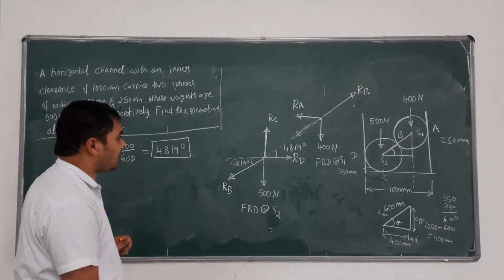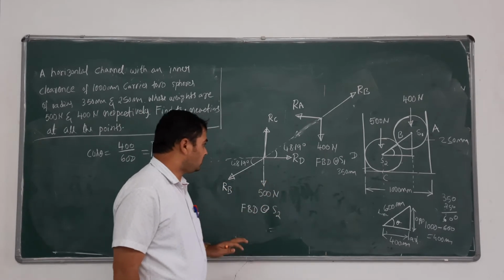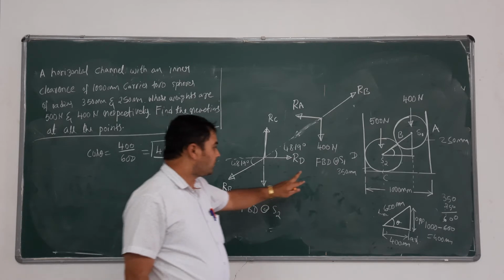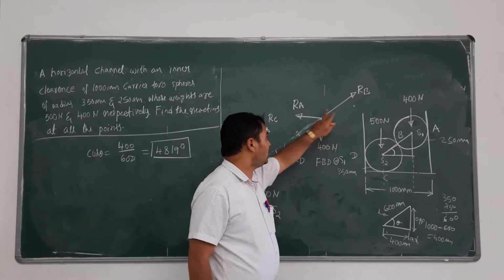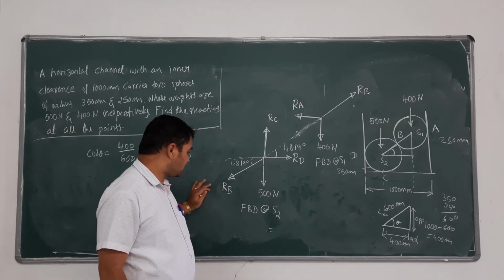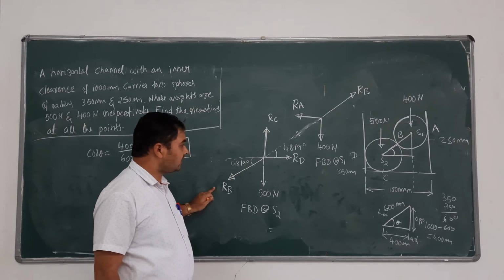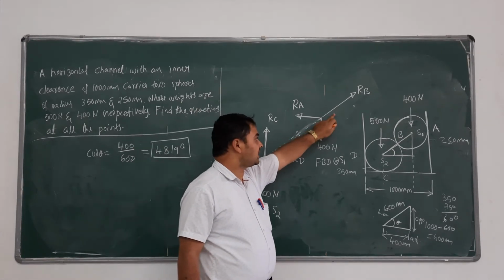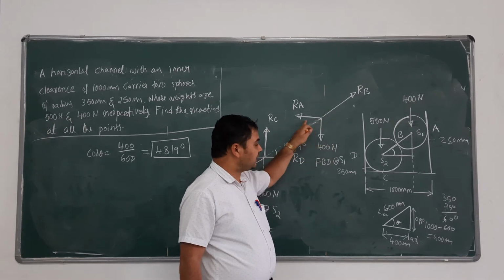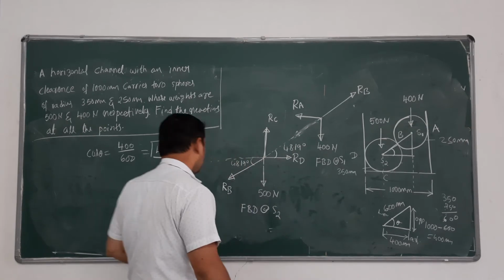Now, let us calculate the reactions. We have written the free body diagram. Before starting the analysis, check the number of unknowns. For sphere S1 there are two unknowns, whereas in sphere S2 there are three unknowns: 1, 2, 3. Therefore, start your analysis with the minimum number of unknowns, that is from sphere S1. In sphere S1 we have three forces. As the body is in equilibrium, we can apply Lami's theorem to sphere 1.